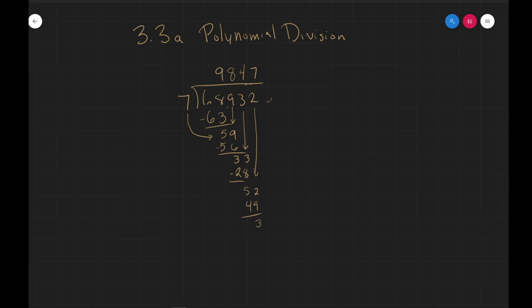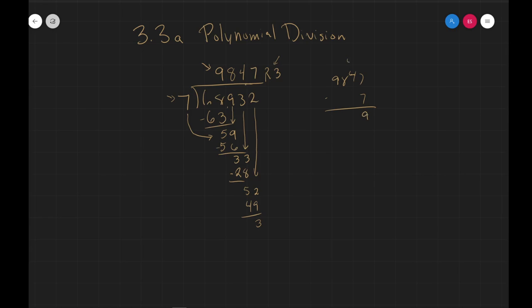Since there's nothing left to bring down, we could put a decimal here and bring down a 0, but let's just stick with a little bit more straightforward thing. So it's 9847 remainder 3. Okay? So if we wanted to check our answer, we would take this part times this part, and then we would add the remainder. So if we took 9,847 times 7,